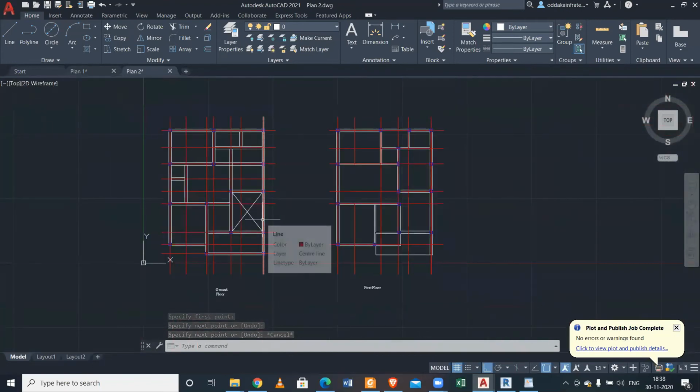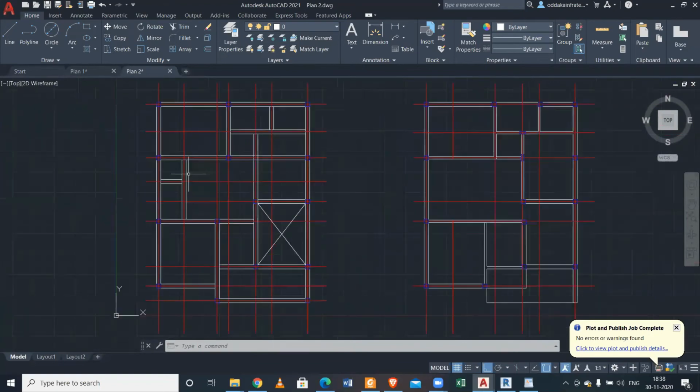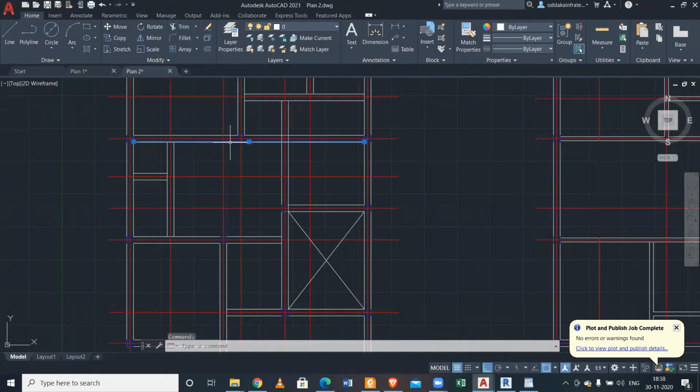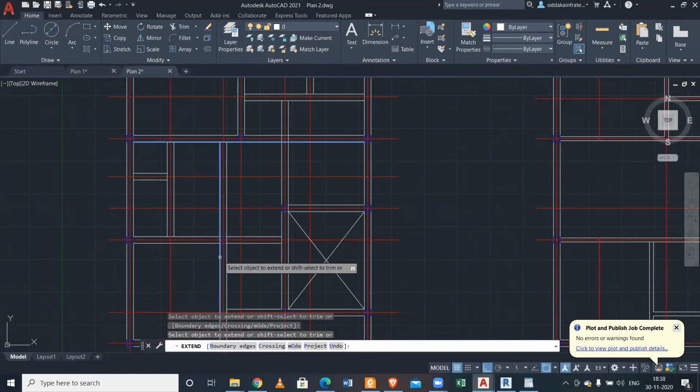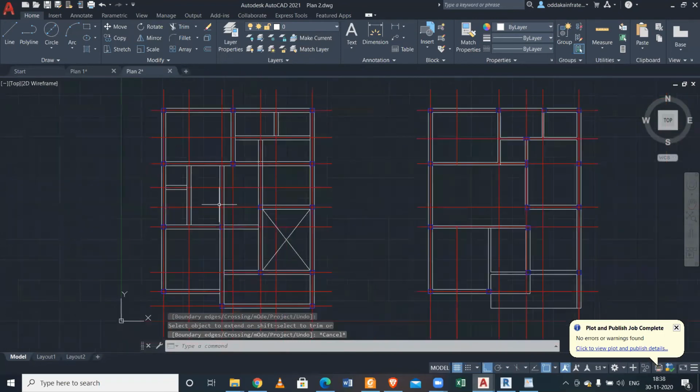So this plan will be the same when you import in TSD. Another thing for structural consideration: this slab is quite large, so we can decrease the size of this as well. We'll extend this up to this. This will help. We don't need it in the plinth level, but it's better that we provide it in the first floor level. But this portion can be a concealed beam as well.